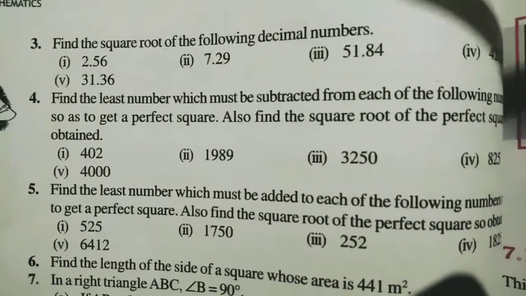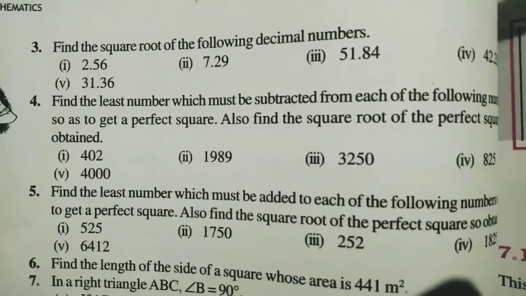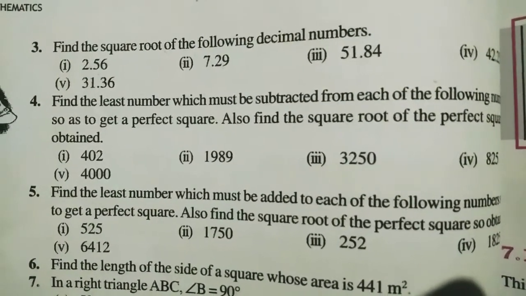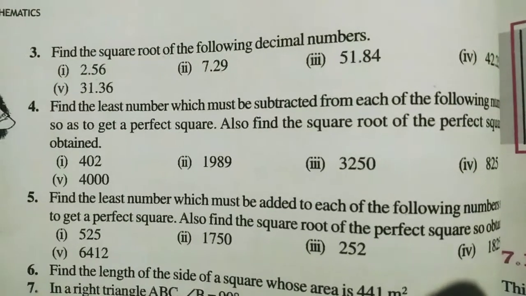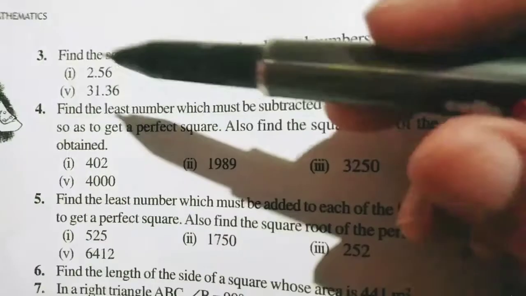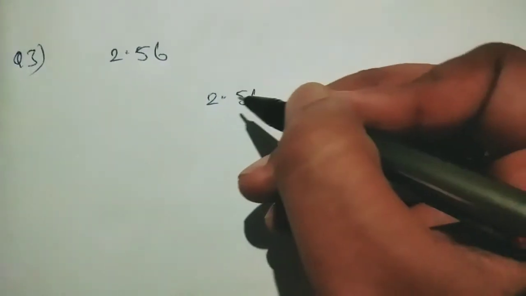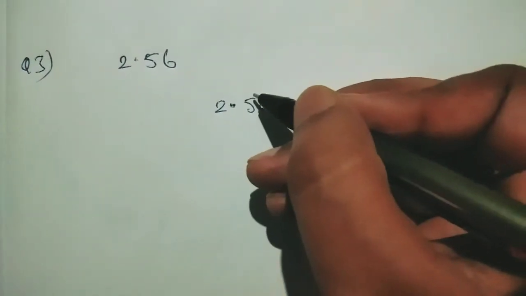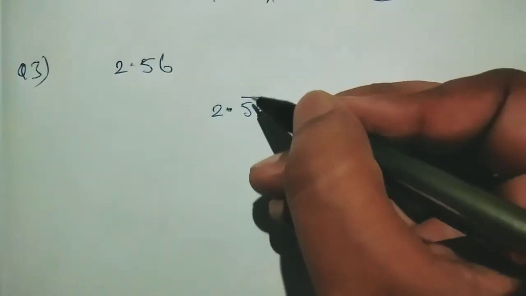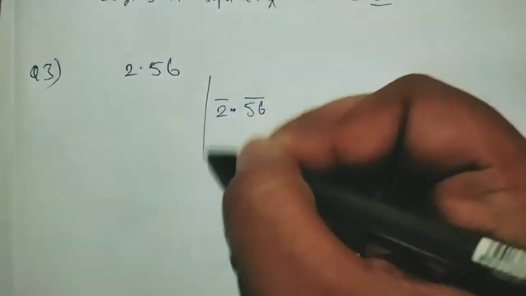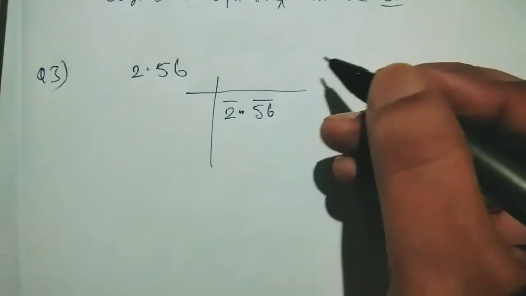That's why I like this method. That's why this long division method is a very useful method. You can find the square root of any decimal number also. So let's find out how. So question number 1. Students, here also in the decimal number, you have to put the bar from this side. This is the first bar, this is the second bar. Then again you have to make the line, same process you have to do.